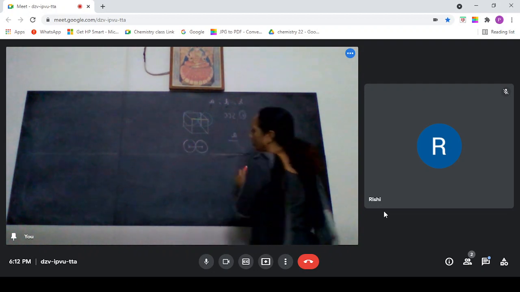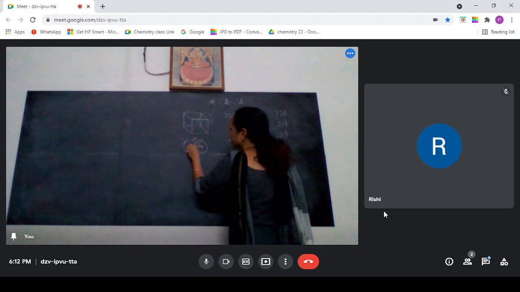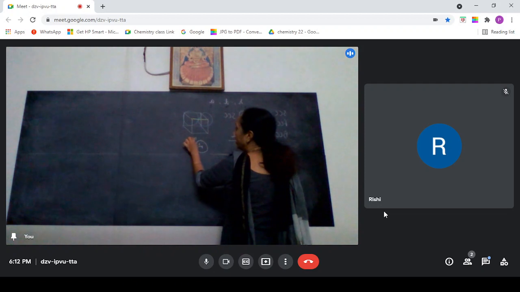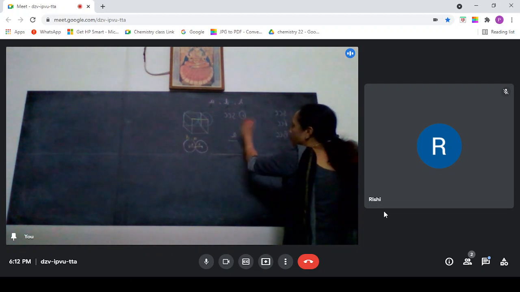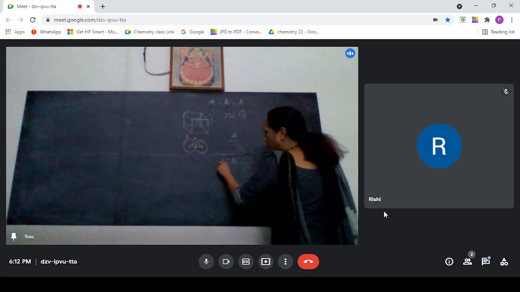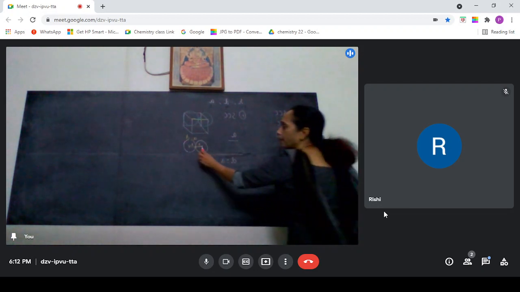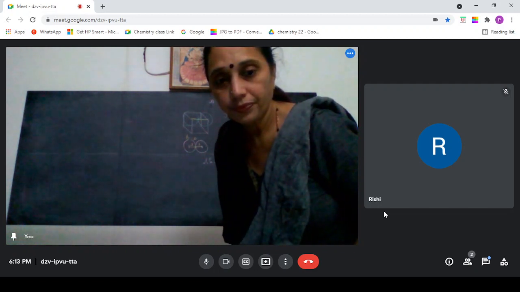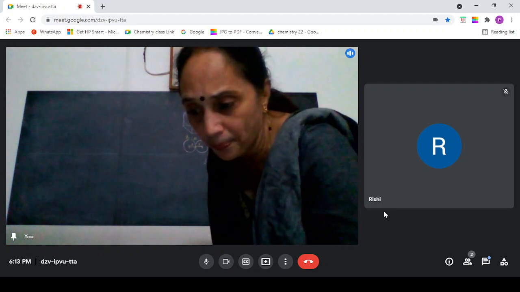This is A, and from here to here it is R. And for simple cube, A is also equal to D. So for simple cube, write down: D equal to A and both are equal to 2R, R plus R. Understood, Rishi?